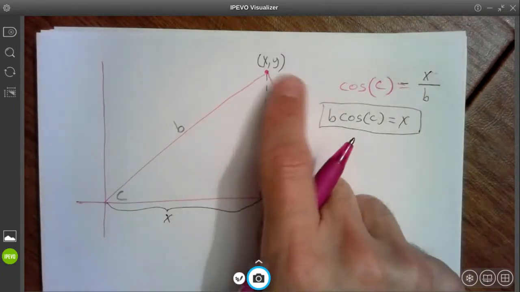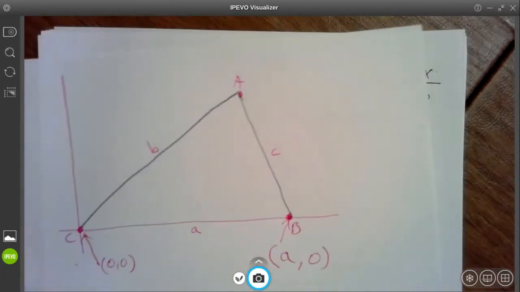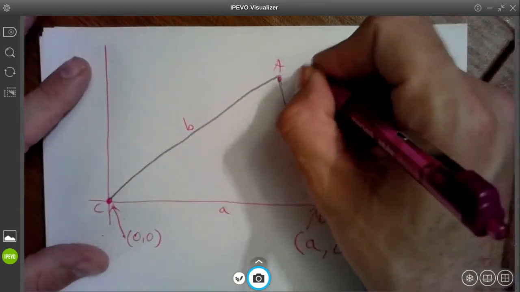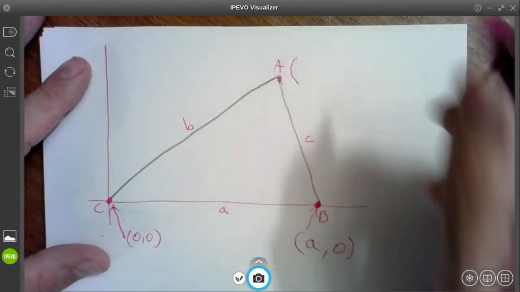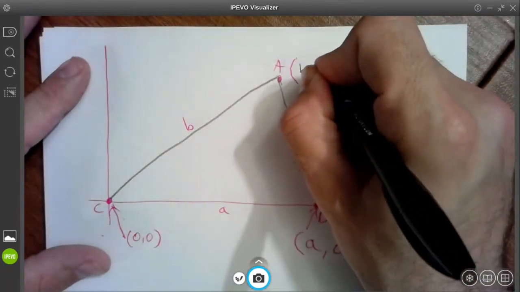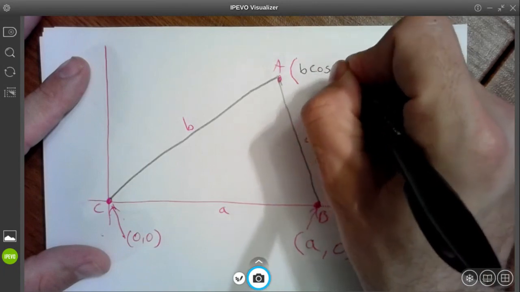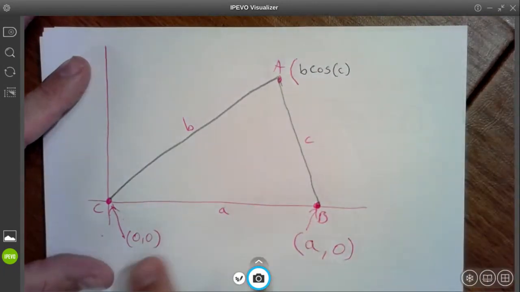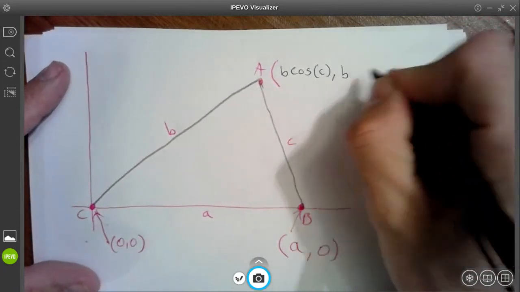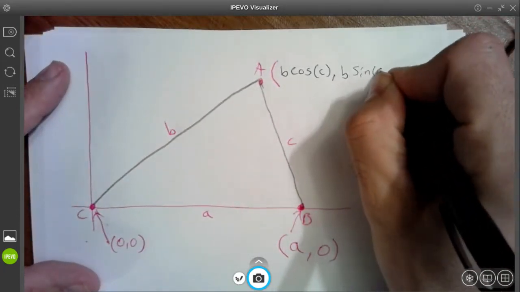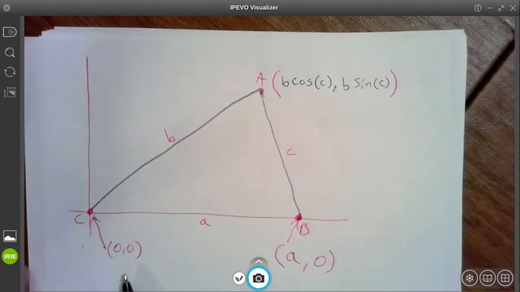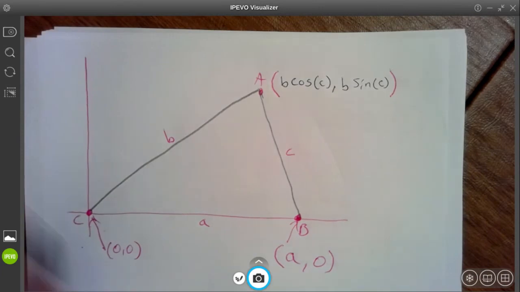So we've got our X and Y. Therefore, we have our point. We have our coordinates for point A here. So I'm going to write that in here. The X coordinate was B cosine C. Remember, X is related to cosine. And the Y coordinate was B sine of C. Nice. All right, what I'm going to do in the next video